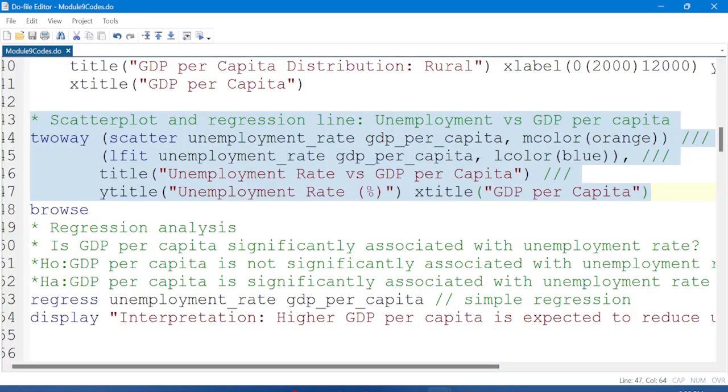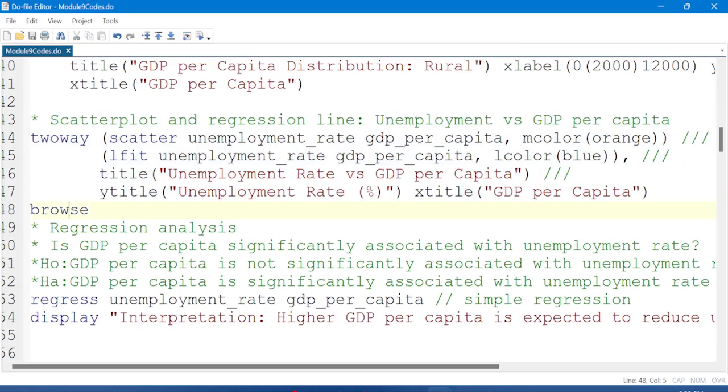It's time now to answer our research question that says: is GDP per capita significantly associated with unemployment rate? So the null hypothesis will say that GDP per capita is not significantly associated with unemployment rate. On the other hand, the alternative will say that GDP per capita is significantly associated with unemployment rate. Now to do so, we need to do a simple regression analysis that is done using this line of